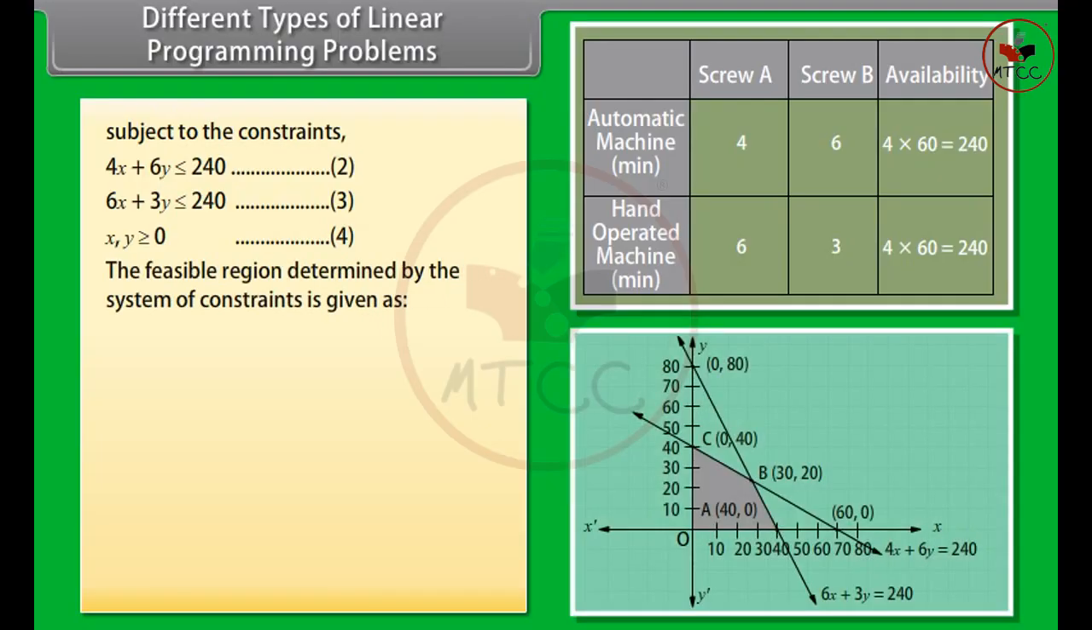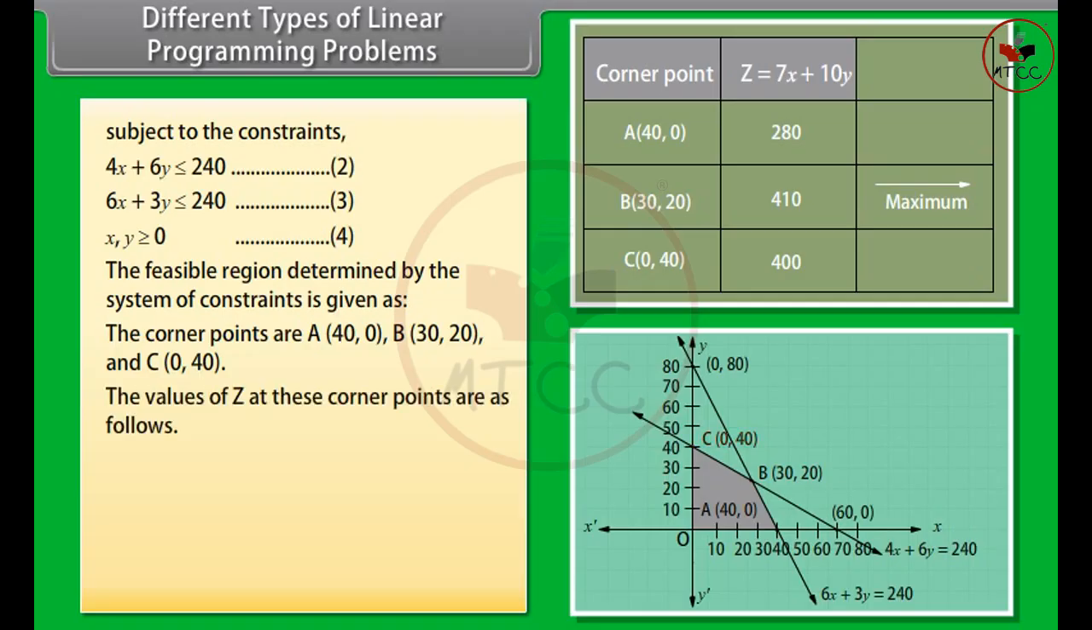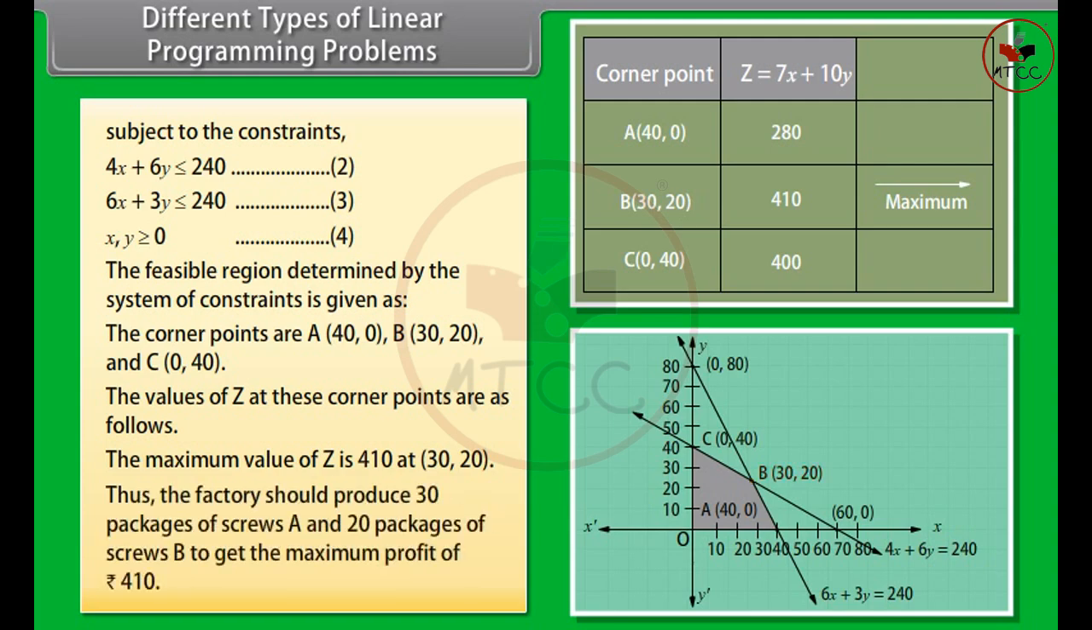The feasible region determined by the system of constraints is given. The corner points are A (40, 0), B (30, 20) and C (0, 40). The values of Z at these corner points are as follows. The maximum value of Z is 410 at (30, 20). Thus, the factory should produce 30 packages of screws A and 20 packages of screws B to get the maximum